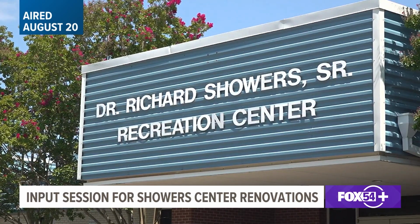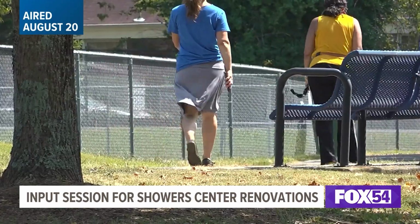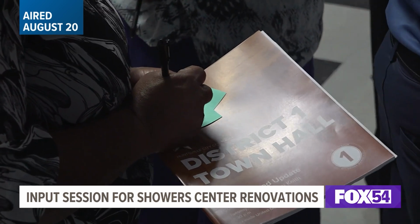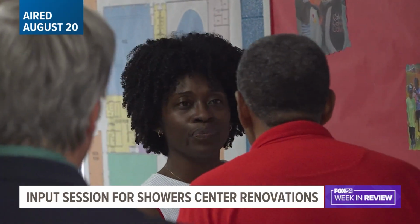We see nearly 1,500, 1,600 people here a week. So we are one of the busiest buildings in all of the city of Huntsville. The heavy use over all the years is evident here at the Dr. Richard Showers Recreation Center. It hasn't seen renovations since 2016, so the time is right for an update. That's why officials held a public input session on Tuesday